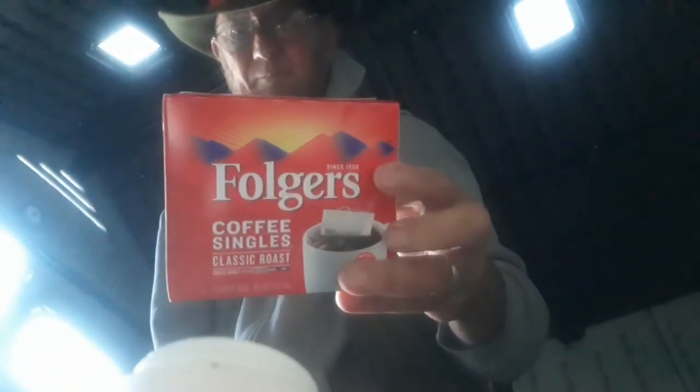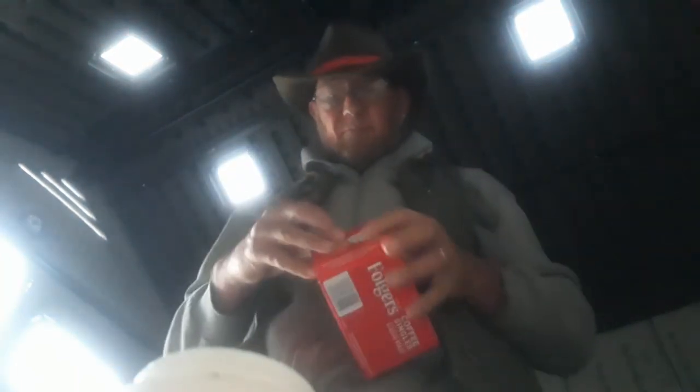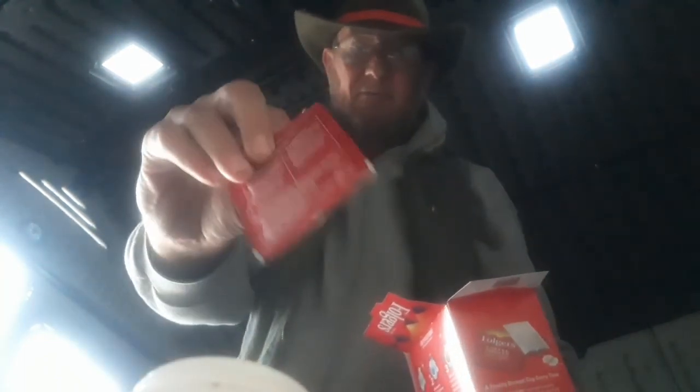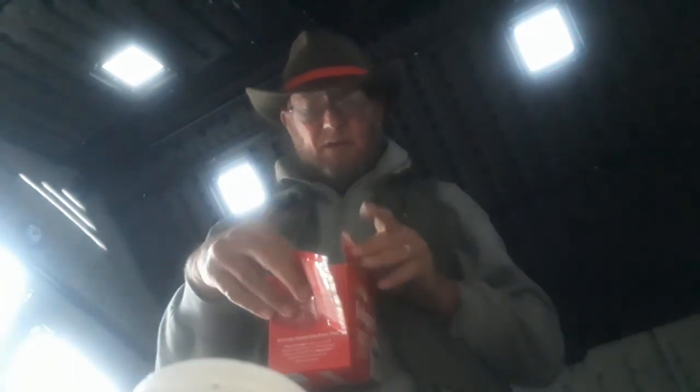And no, I don't have ground coffee. I decided to go with the Folgers Coffee Singles. I get these on Amazon. They come in 19-pack boxes. Why they have 19 packs in a box, I don't know. But anyway, they're just a foil packet with a bag inside of it, just like a tea bag. So